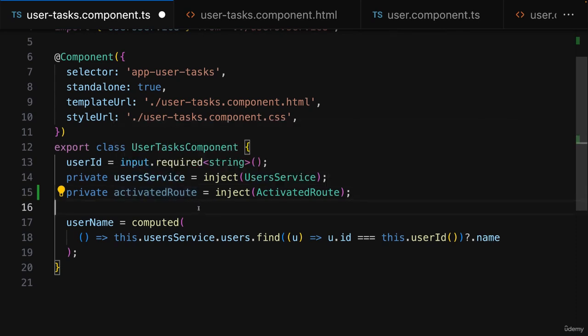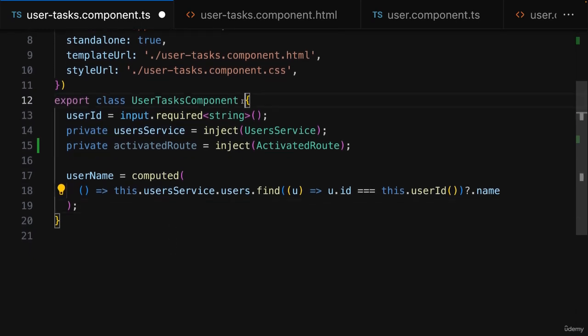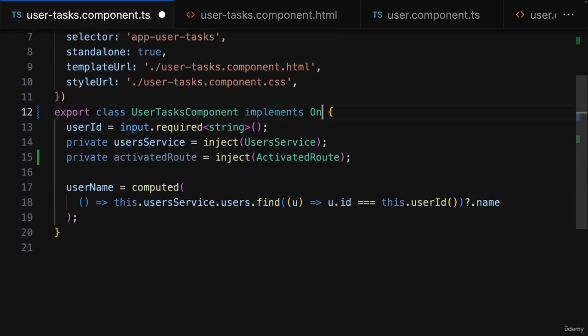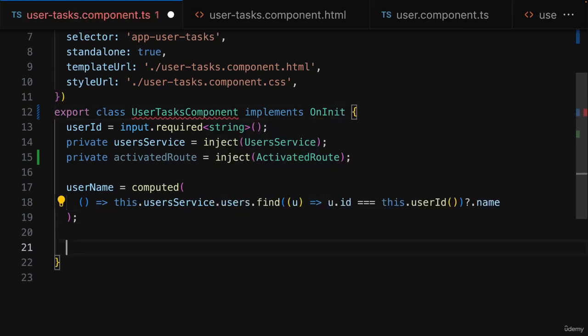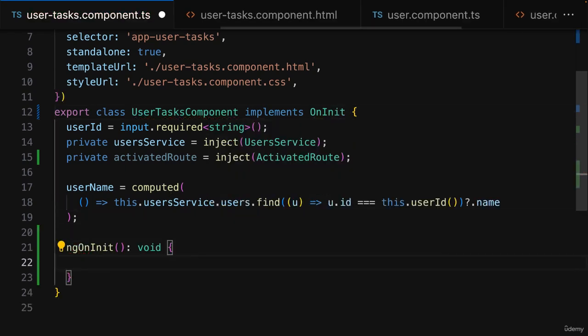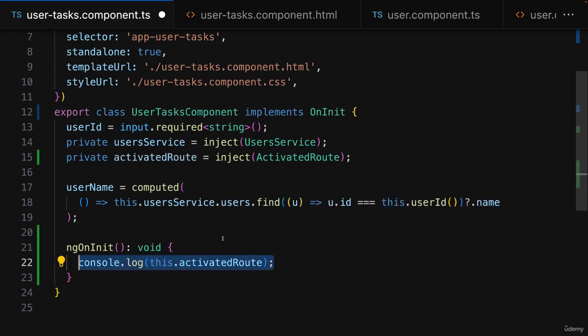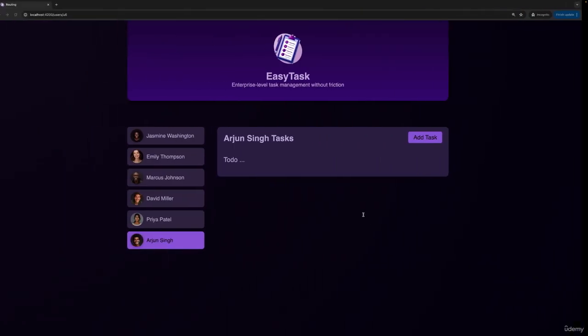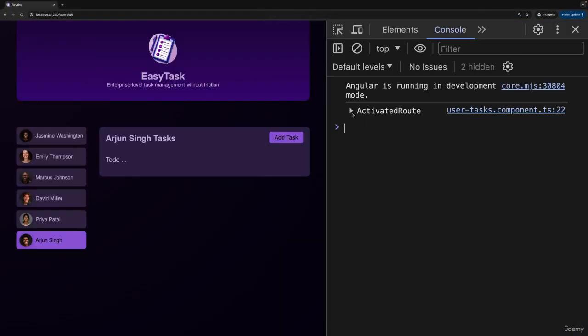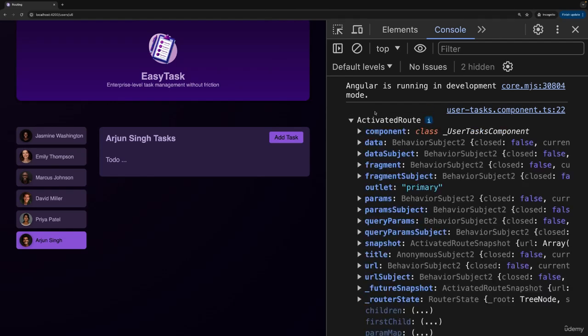Activated route then gives you various properties that hold information about the route that has been activated by the Angular router. And you can, for example, implement the onInit interface so that you're forced to add ngOnInit, so that in there you can console log this activated route so that you get an idea of what's inside this injected object. If I do that here and I then take a look at my console, I can see that activated route